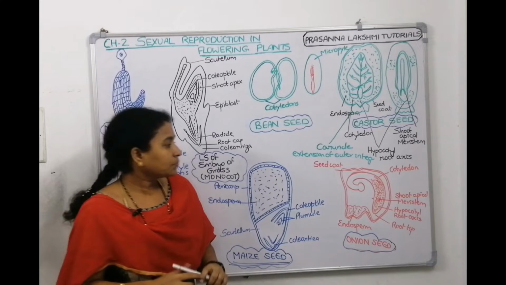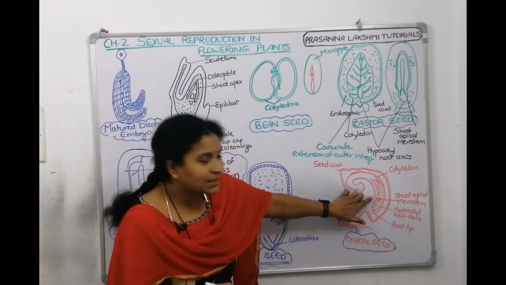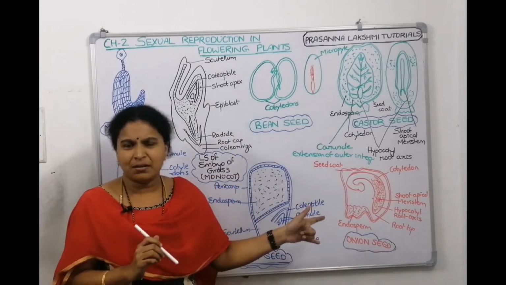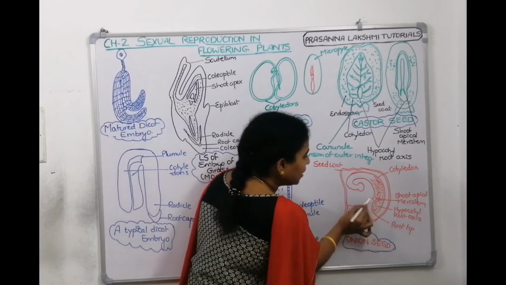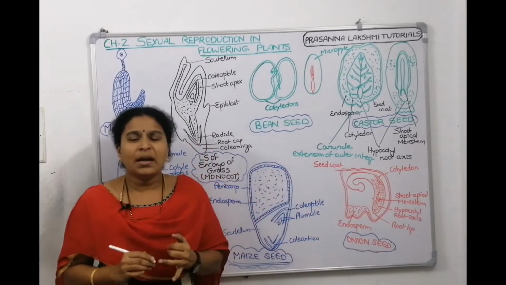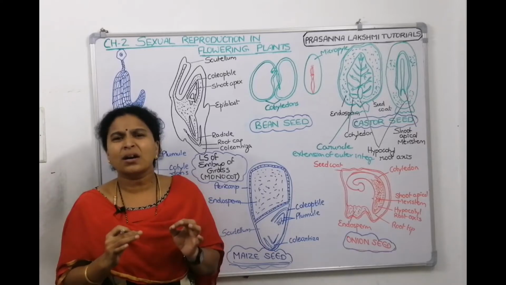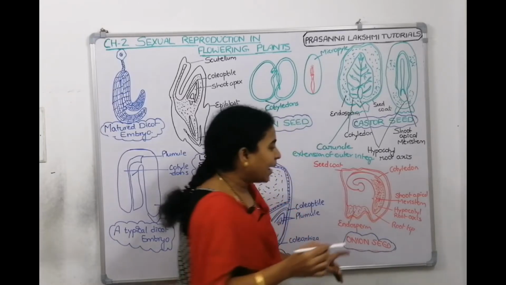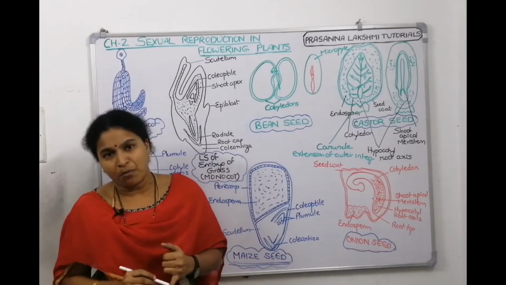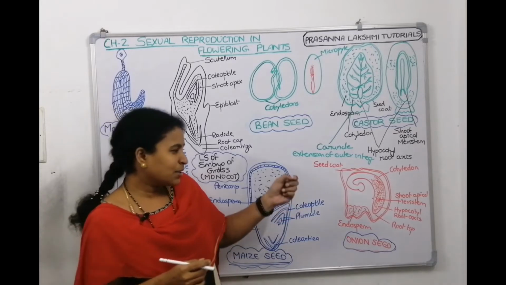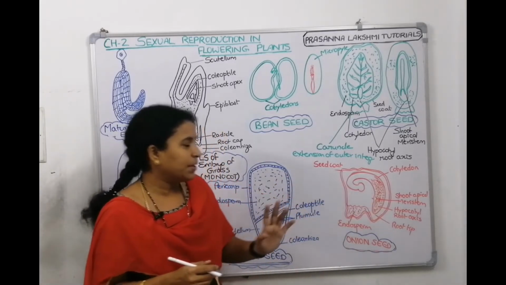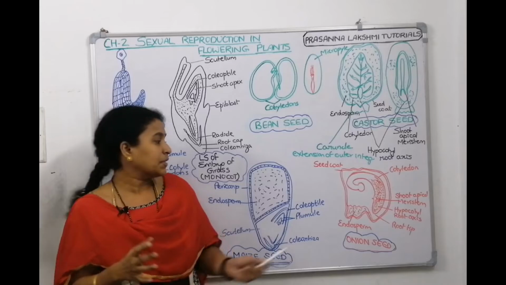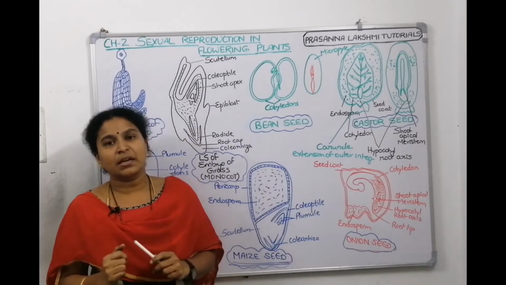In onion, the plumule is like a notch. This is the notch. The plumule is not prominent here. Can you make out a notch? Unless and until I tell you, you can't make out this notch. So the plumule and epicotyl are inconspicuous, not clearly visible. Whereas the hypocotyl, this much tip, we can make out promptly. So the hypocotyl and radicle are very prominent, whereas the plumule and epicotyl are like a small notch in this depression. The cotyledon is curved, and it is present in the endosperm.